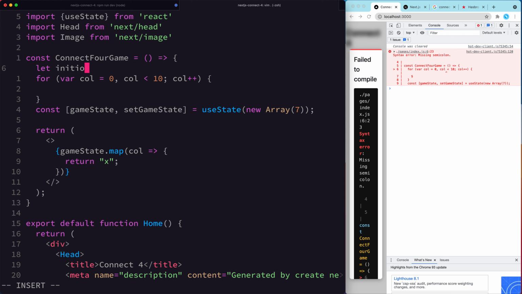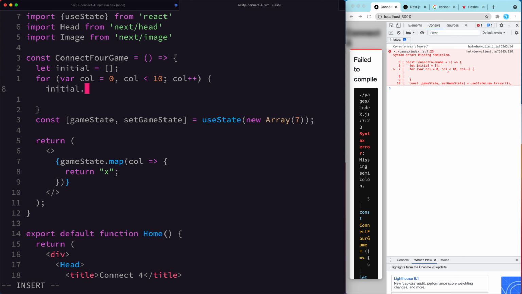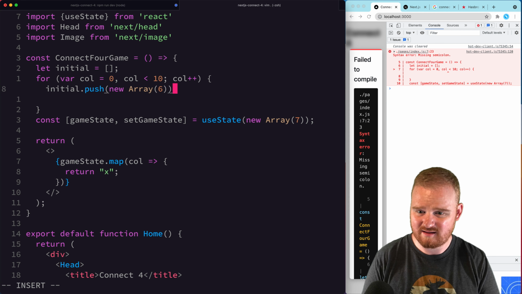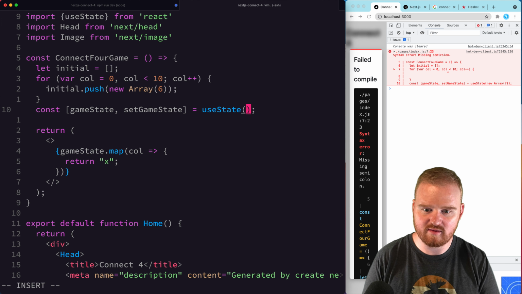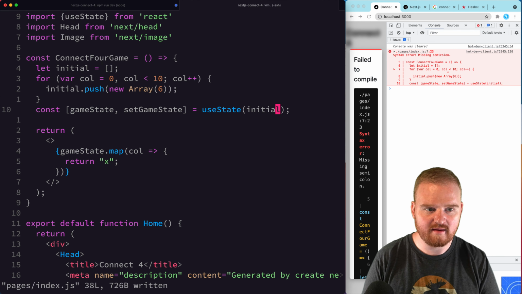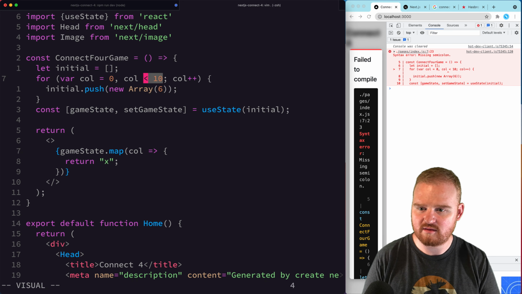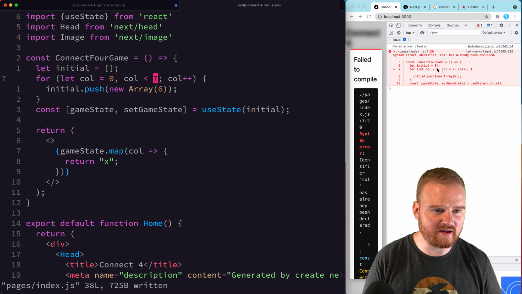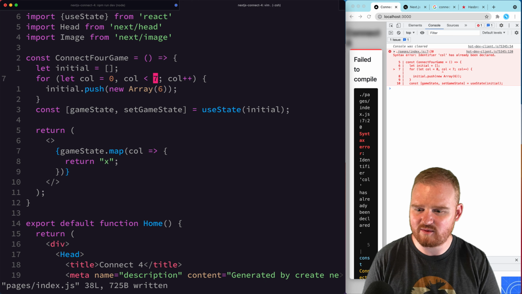Let initial, initial.push new array of 6, and we'll set this as the initial value. Why is this failing here? Column is already declared. Where is it? Okay. Let column,